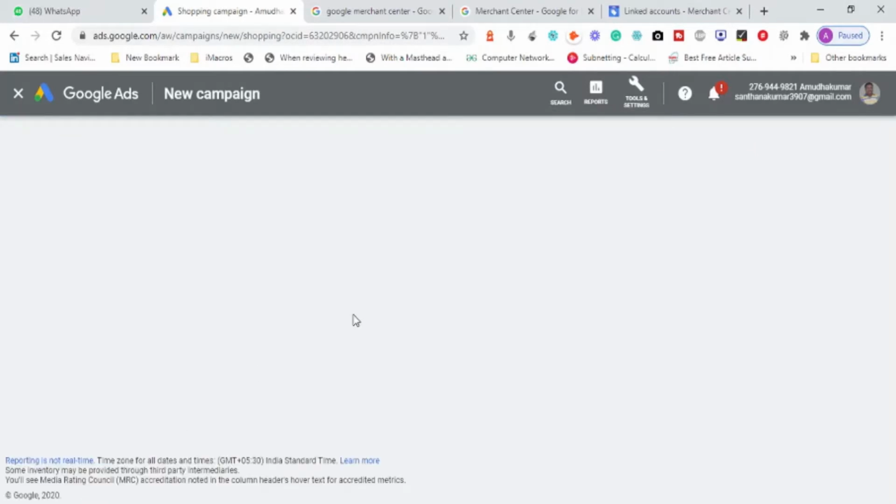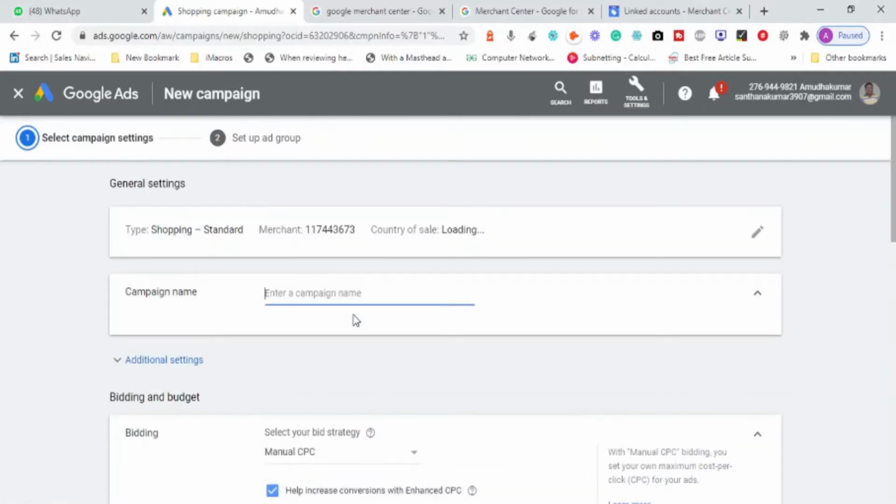There will be a list of products that will be created with Google's merchant center. We call it a feed. That will be used to display your advertisement. So this is a shopping advertisement, and the merchant ID account that is linked to this one is the shopping.